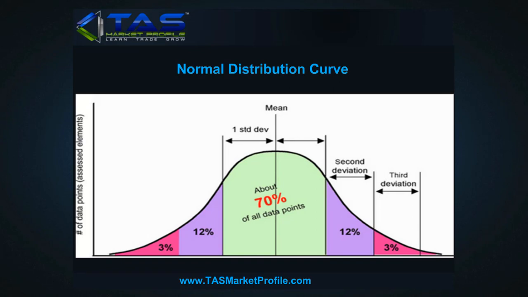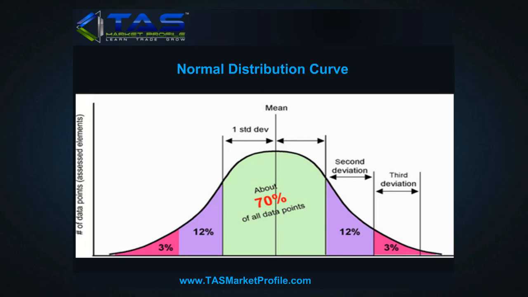So let's get a little background here on where market profile comes from. Anybody comfortable with this curve right here? It's called the normal distribution curve. It's taught obviously in economics and in business schools all over the planet, and you may have encountered this in statistics and a whole bunch of other areas. But the normal distribution curve, for those of you that are seeing this for the first time, is a mechanism